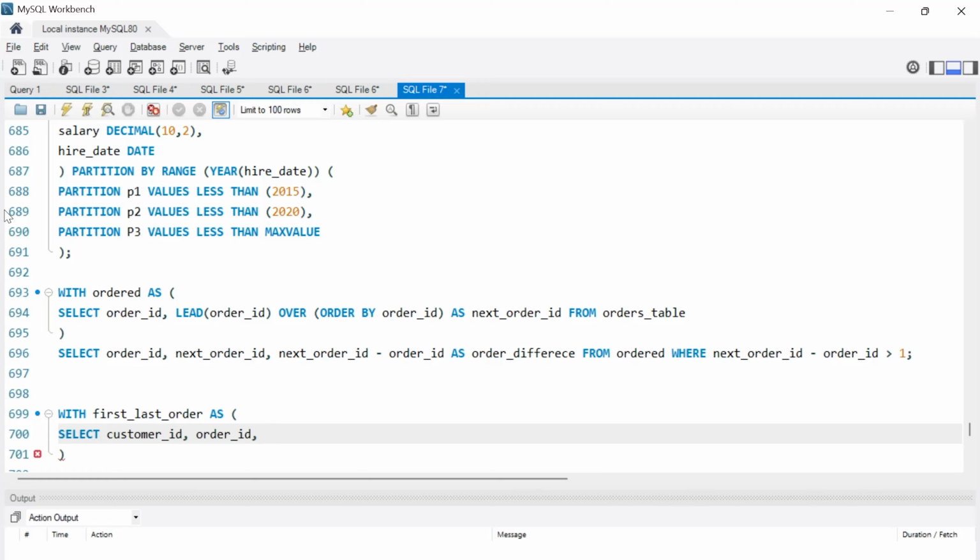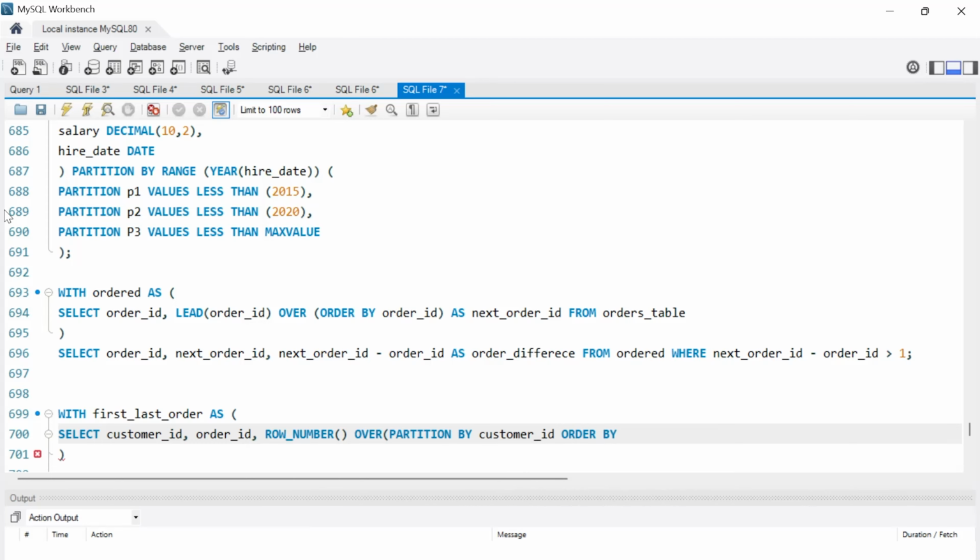Then we are going to use the row_number window function, over partition by customer_id. So we are partitioning based on customer, because for each customer we want the first and last order. For that we are partitioning based on customer_id and